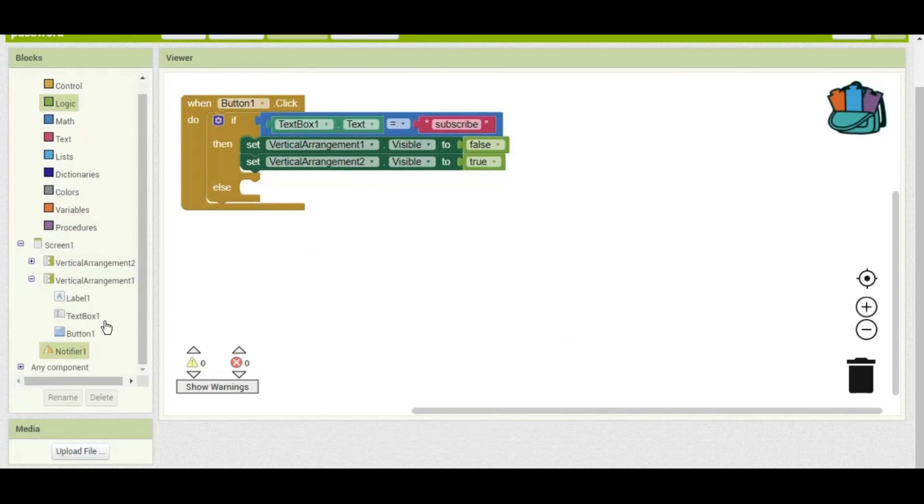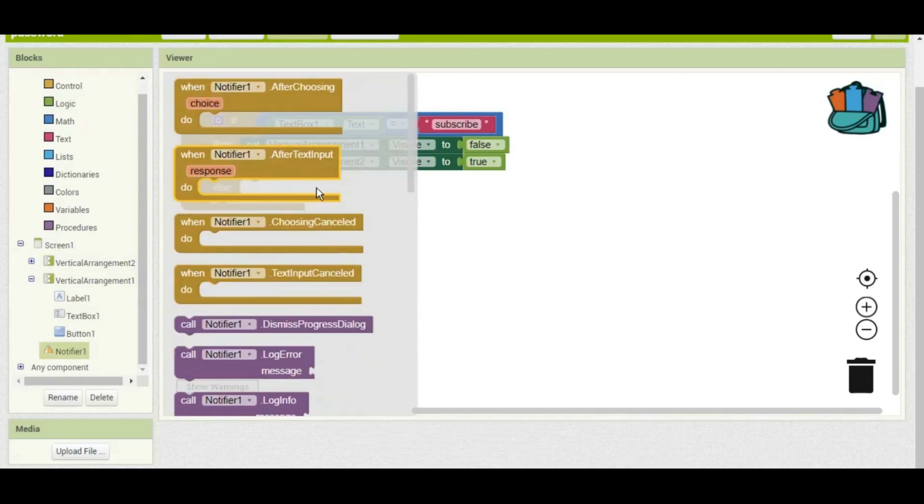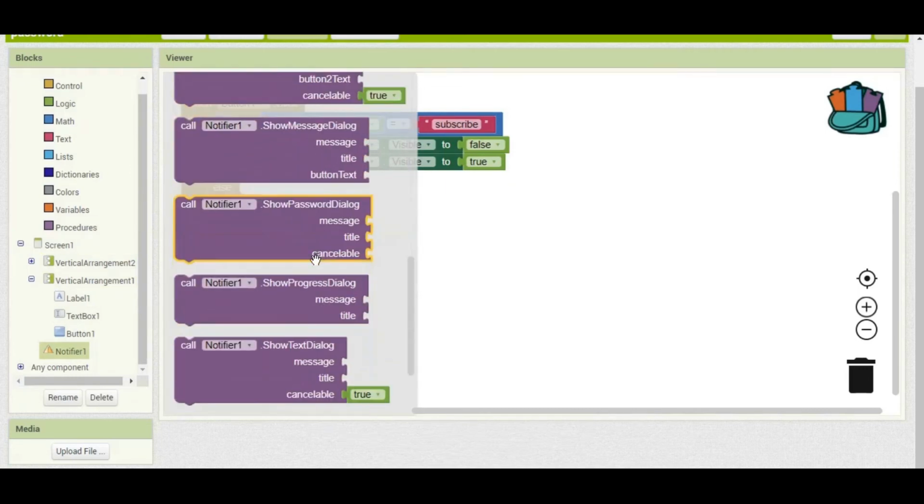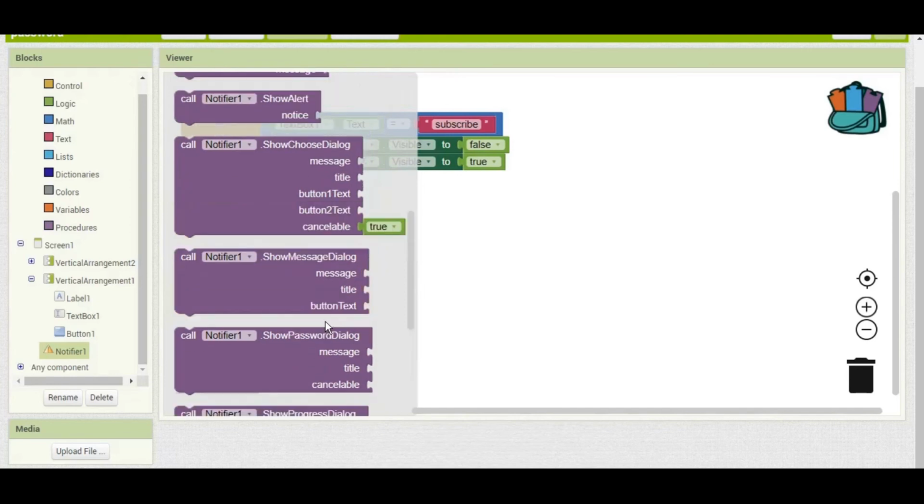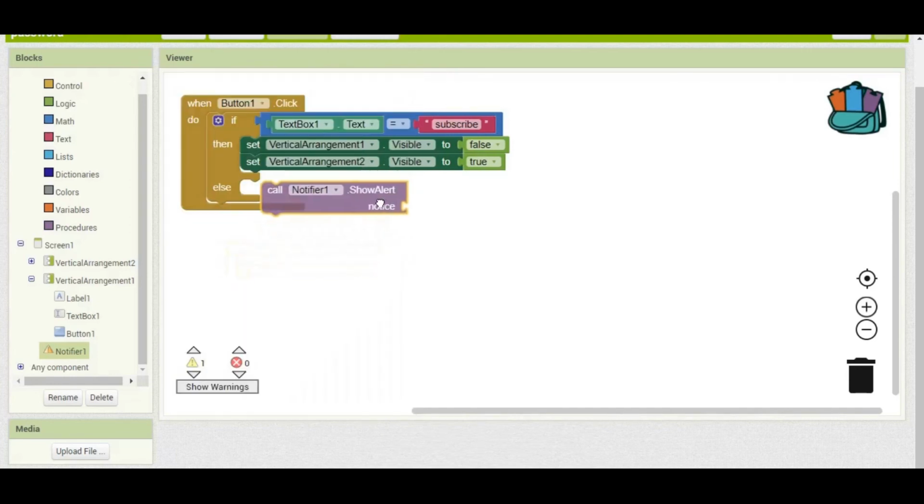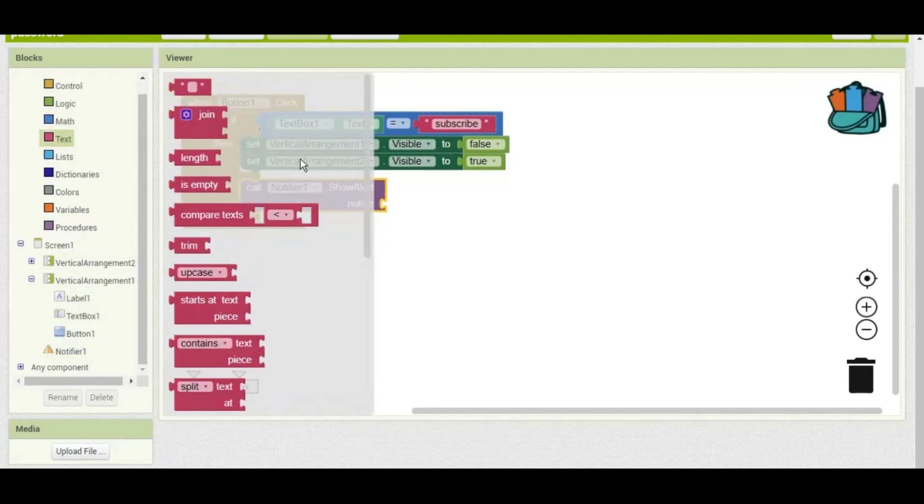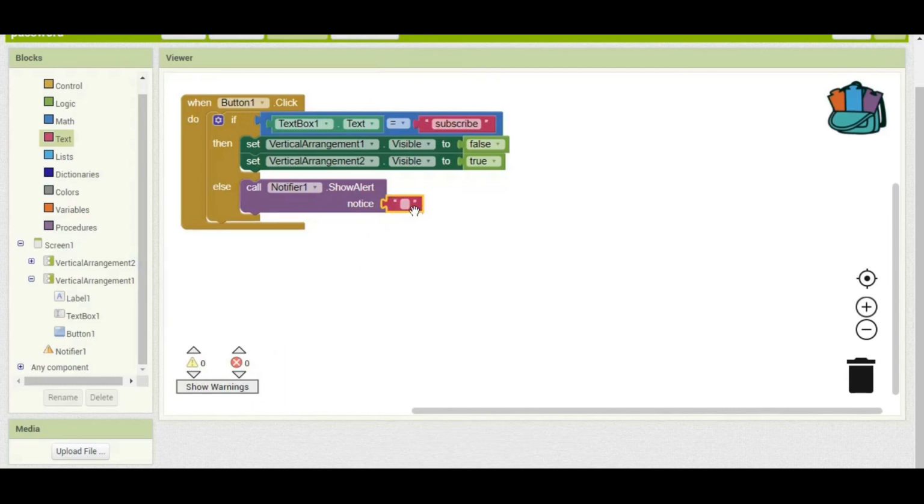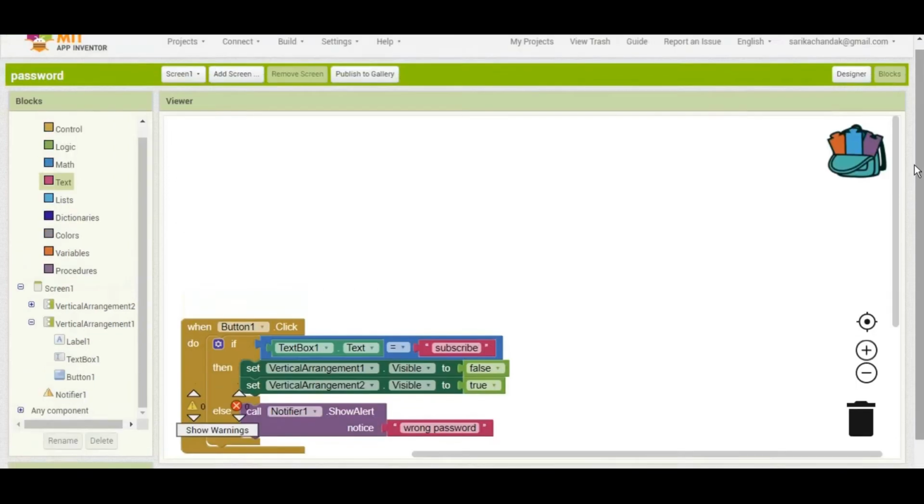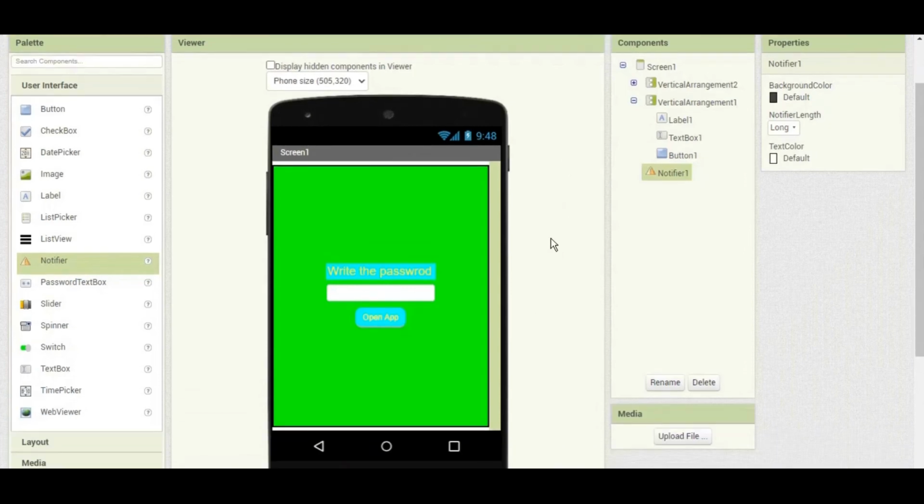Else give a message. Okay, let's say show alert notice. Okay, this one, and then the text should be wrong password. Okay, the text should be wrong password. Done. And then test first, and then let's see what happens. Guys, this is the app, and let's write the password as